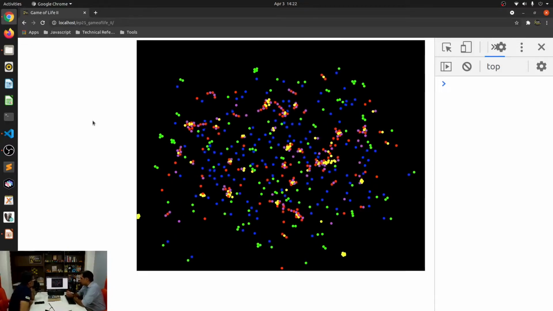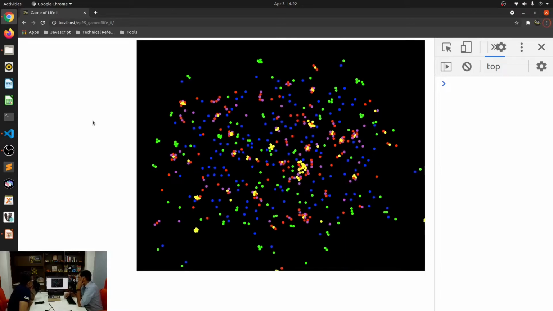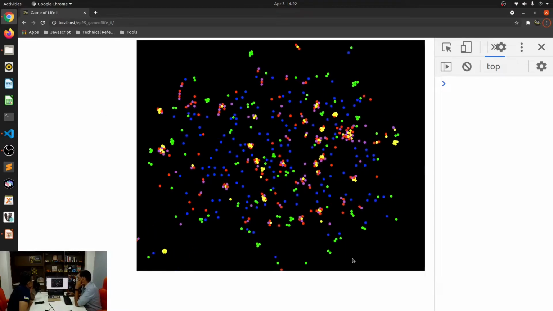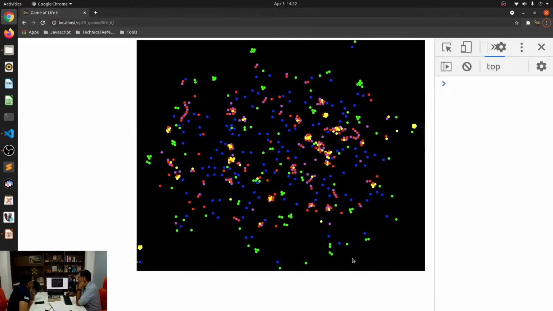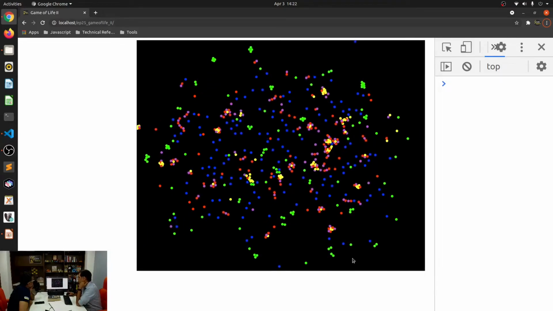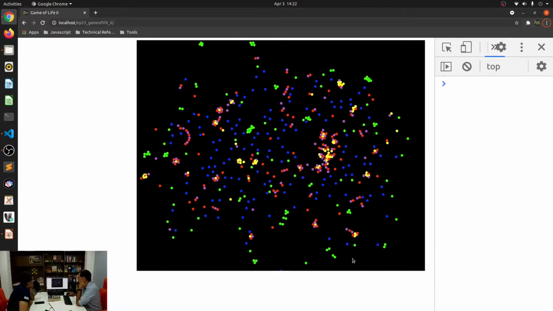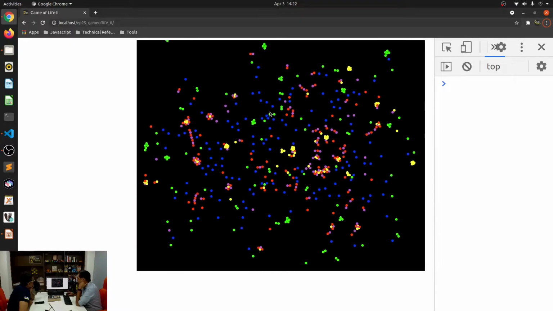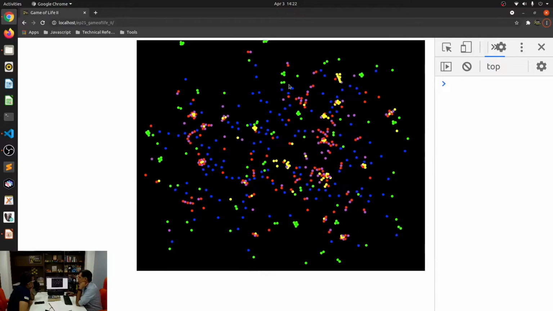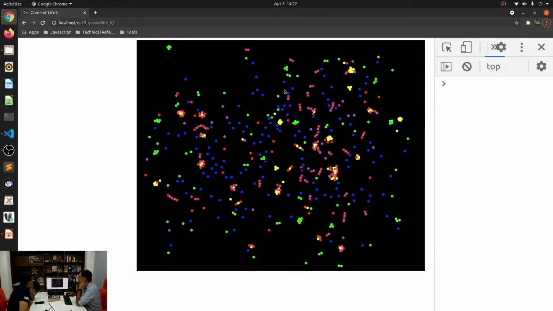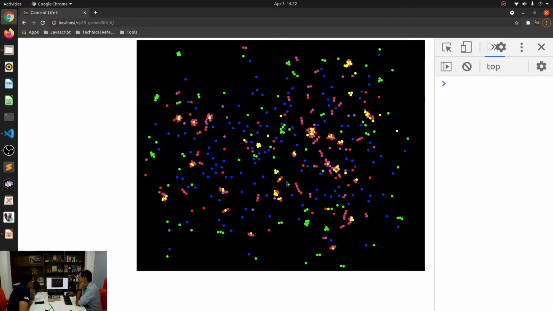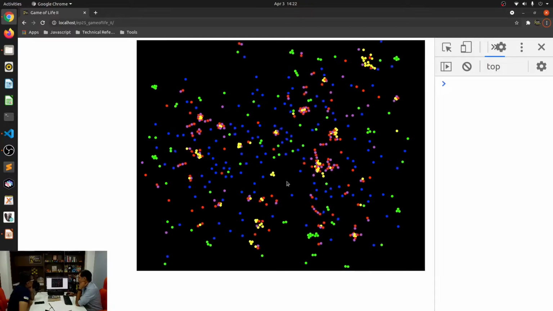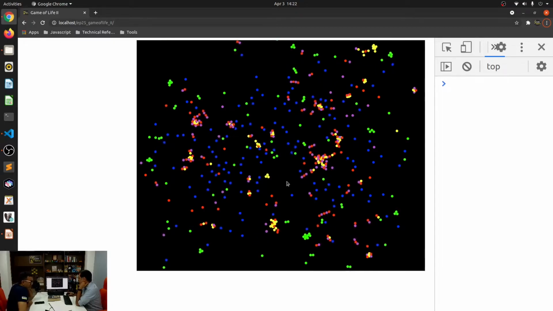Right? So let's just take a moment to see what we are seeing over here. Yeah, looks like the purples and the reds are sticking together. The purples, yellows and reds are sticking together. The blue seems to like green, but green doesn't seem to like this thing. And the greens are sticking together also.